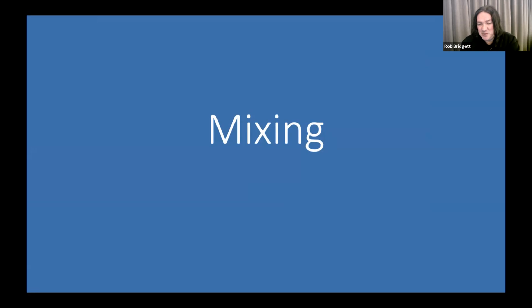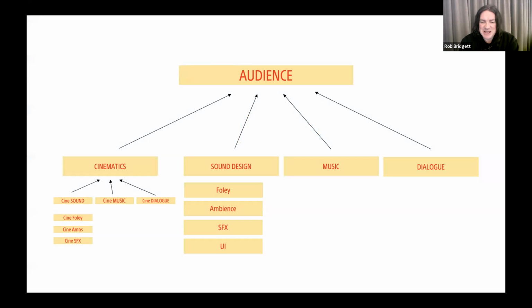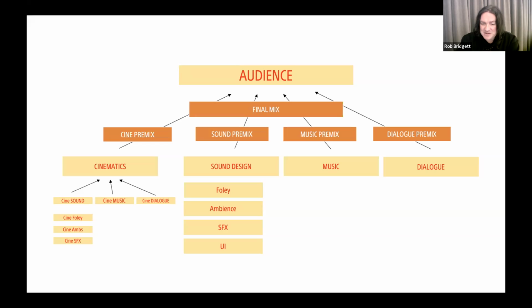So mixing has become a really important part of that, and it's something that we do all the way through that process. We'll have an L1 mix, an L2 mix, and so on. But the critical part is that L4 mix for sure. And then this is typically how we think about sound, the different pieces of the audio in a game reaching the audience. But the more we have looked into this, there's not just a final mix. There's also a pre-mix for each of these categories: cinematic, sound, music, dialogue. We'll need pre-mixing, so each category of sound is consistent within itself before we reach that final mix step. And then even the pillars, like the Foley for the game, will have a pre-mix, the ambience, and so on.